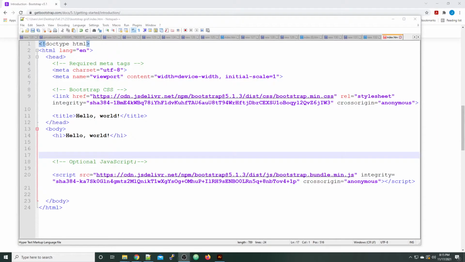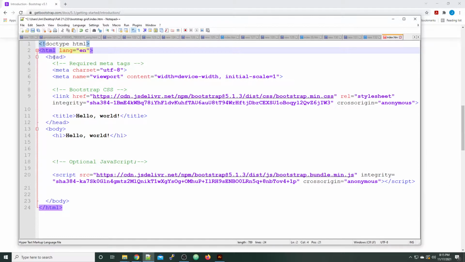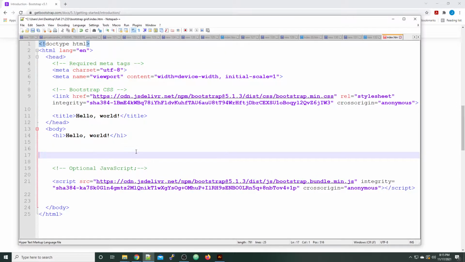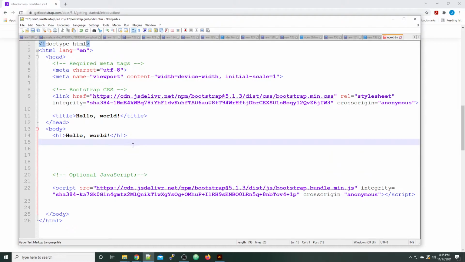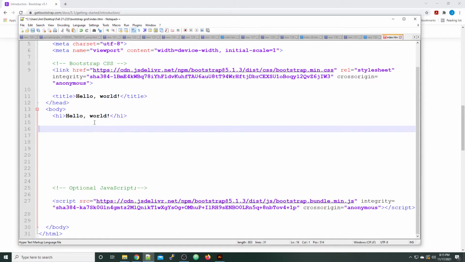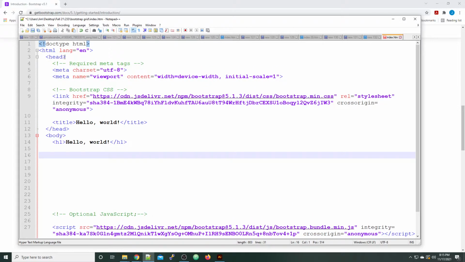All right, so starting from the Bootstrap boilerplate, basically this web page that they've given us that includes a head section and body section. Right in here is where we want to think about putting our content. If you were going to use this for your own web page, you can just put your own content in here, and of course you can add any additional meta tags or whatever you need to in the head